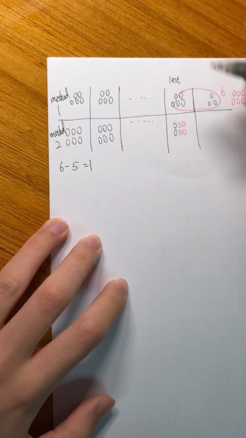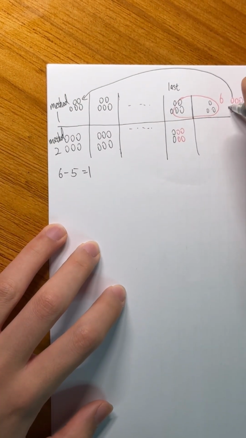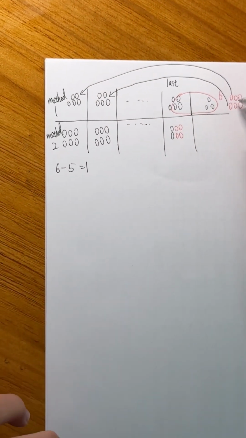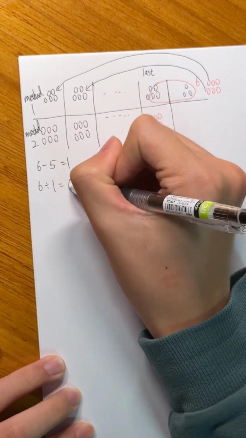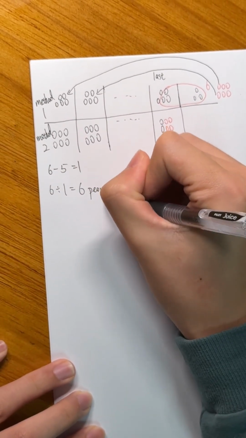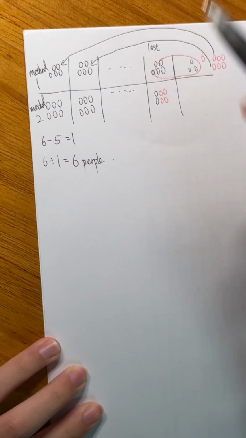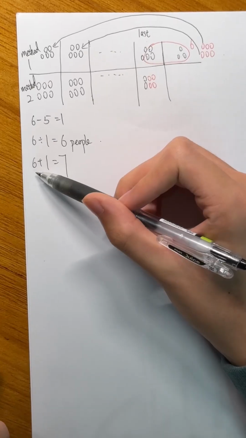So let's draw an arrow to represent this. He gets 1. This person gets 1. And the 6 cupcakes are separated to 6 divided by 1, which is 6 people. Now, the total number of people would be 6 people plus the last person, which is 6 plus 1,